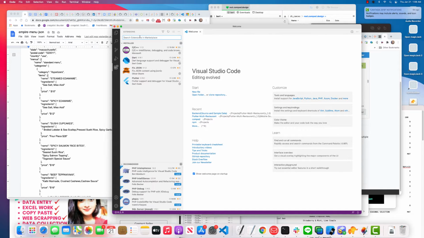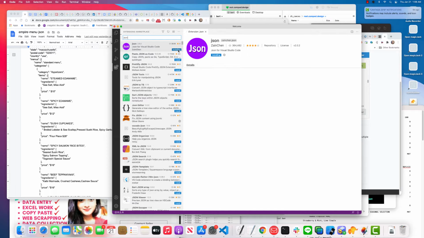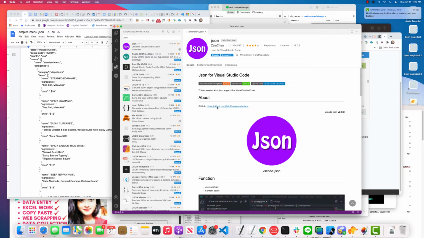In the extensions, we're going to search for JSON, and you can see that there's an extension called JSON 2.0.2. I'm going to click on Install, and that extension is now installed into Visual Studio Code. I can close that window,